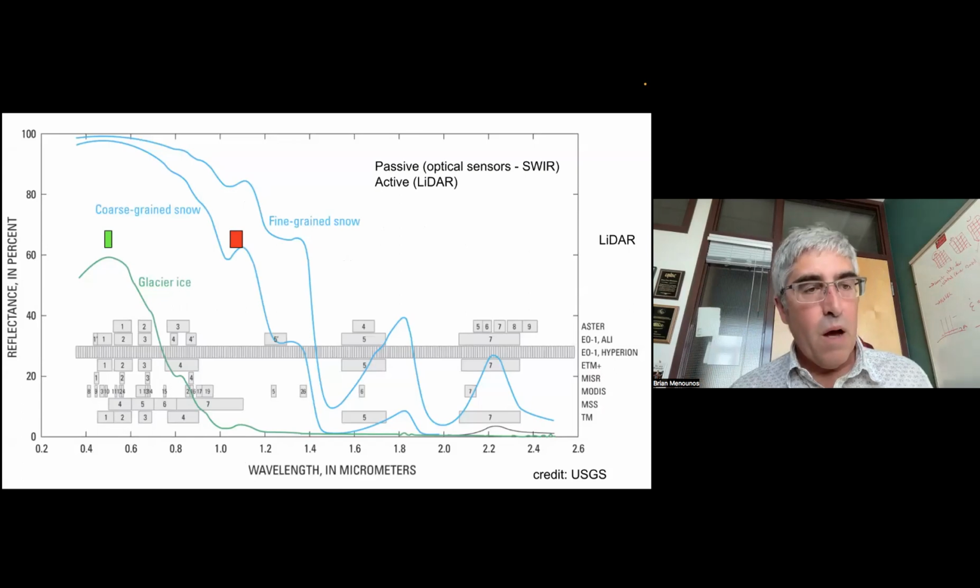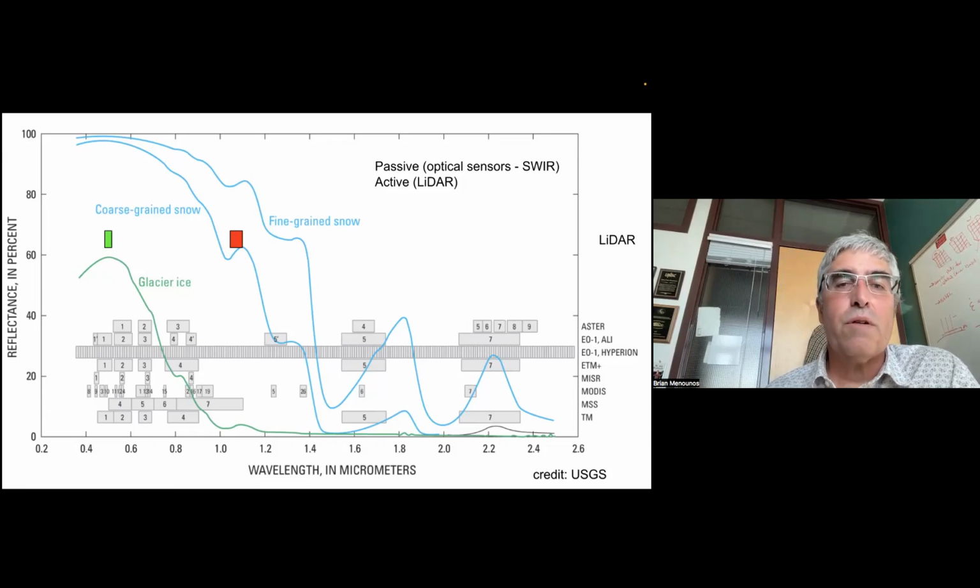Okay, most of what I'm going to talk about for the remainder of the talk really has to do with remote sensing. So the way that we can observe glaciers both from aircraft, but also from spaceborne observations. And so in order to do that, we have to think a little bit about the type of energy that we're sensing and whether these sensors are active or passive.